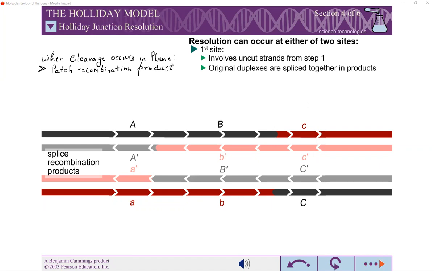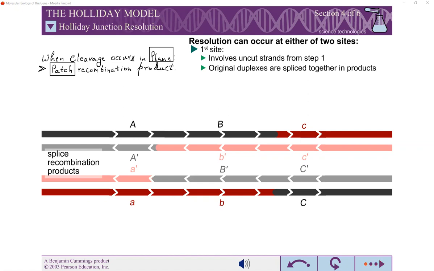This is a patch recombination product that is going to be produced. Okay, so one is referred to as the patch recombination product that is going to be produced when the cleavage is occurring in a particular plane. When cleavage occurs in a plane, then the recombination product which is being produced is referred to as the patch